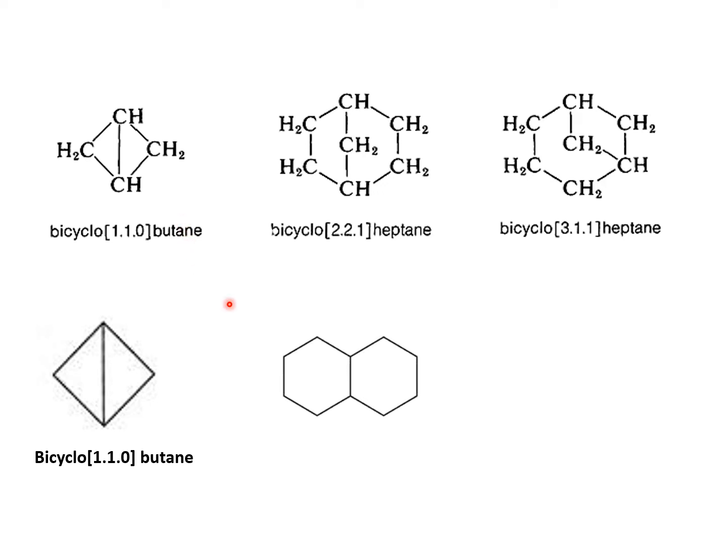Now here we have two cyclohexane rings fused to each other, looking like naphthalene, but it is a saturated one. So we know there are 10 carbon atoms. So it should be decane. But it is fused one. There is no bridge. So it must be 0 decane. And on each side we have 4 carbon atoms.